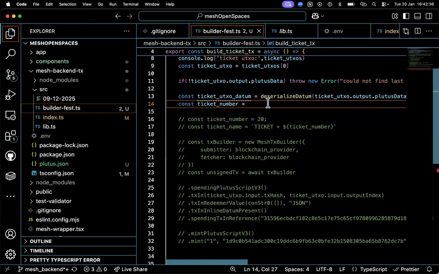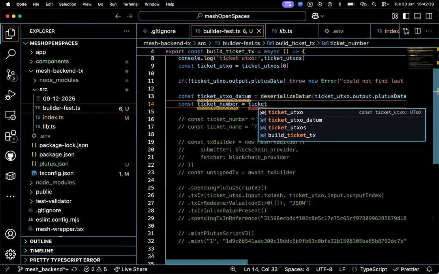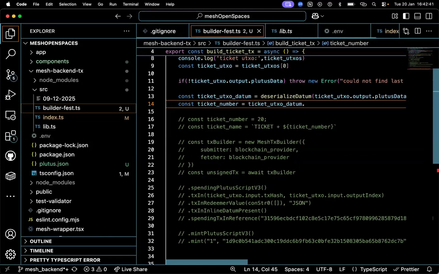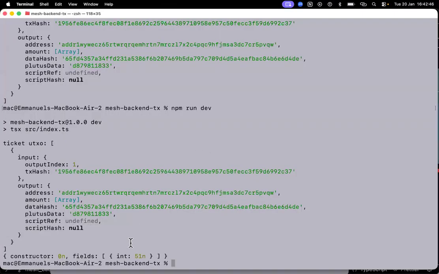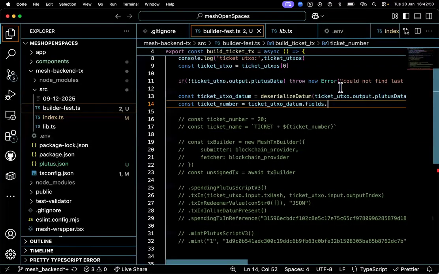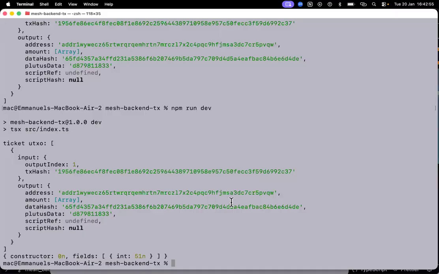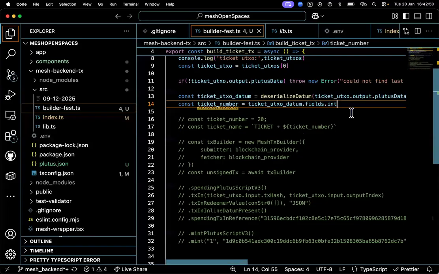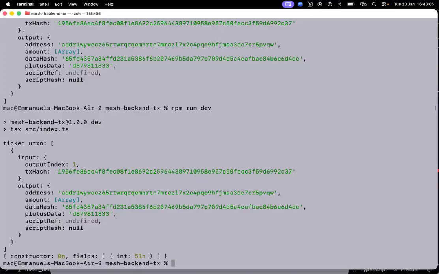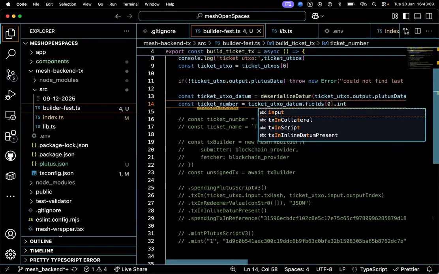I would have to remove this, but okay, so we have ticket data dot fields dot, I think this should be an integer. It's an array, so it's fields, square bracket zero.